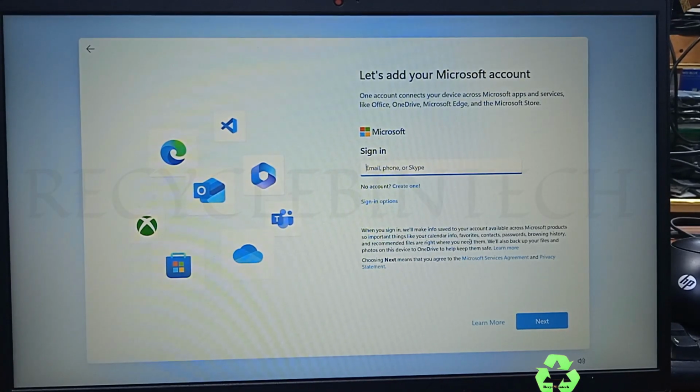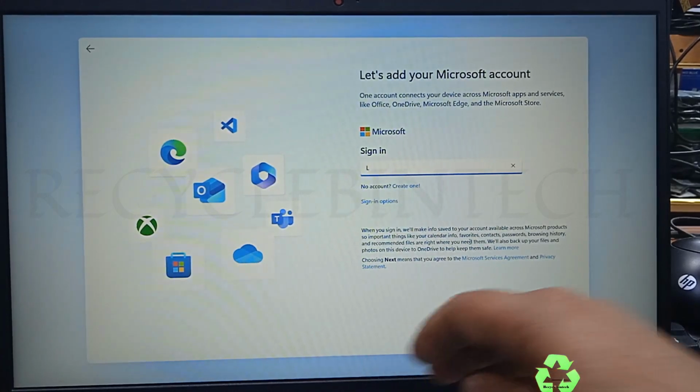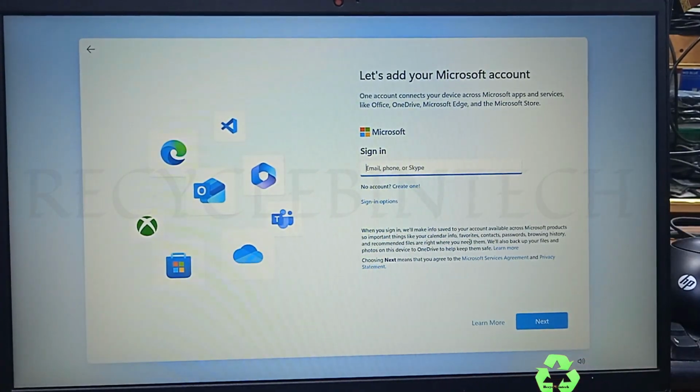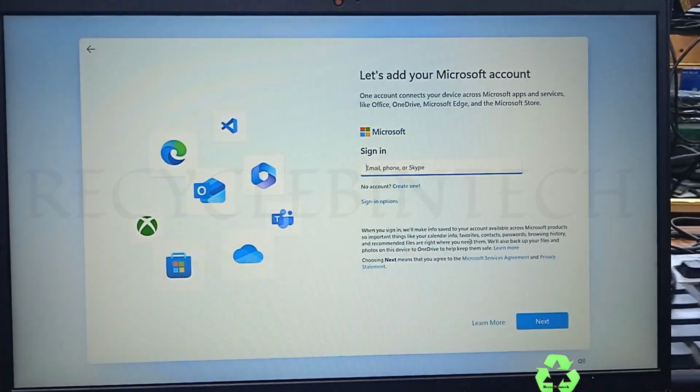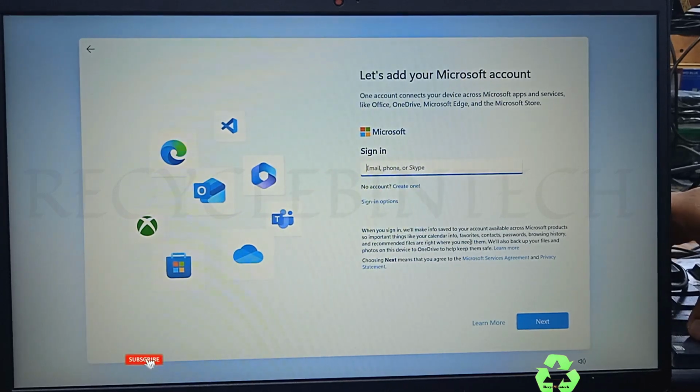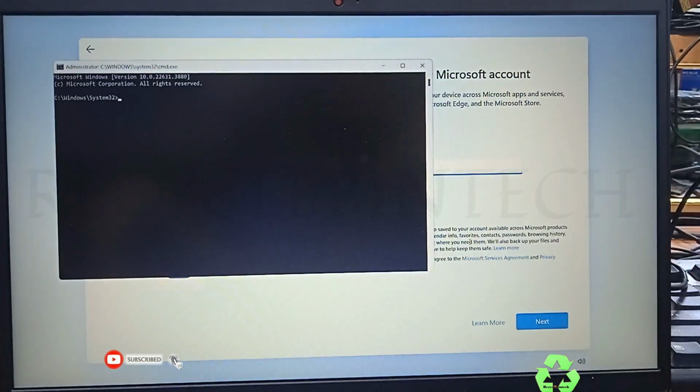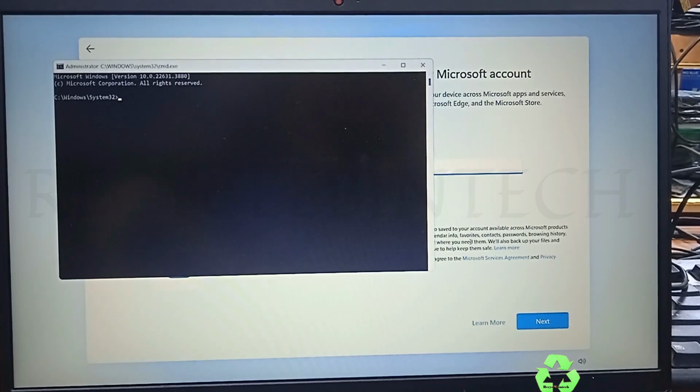For that purpose you have to press Shift and F10. If you press Shift and F10 on the keyboard and it's not working, you just connect an external keyboard. It's better. I am connected, so I just press. You can see the command screen has appeared. In the command screen, you have to type